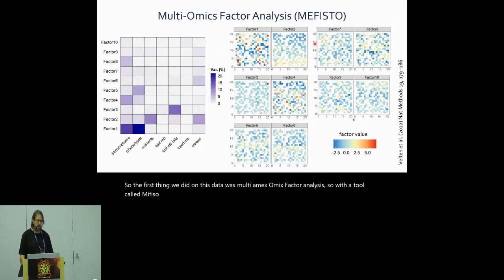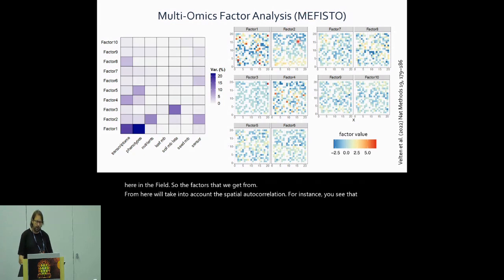One of the advantages of Mephisto is that it's able to also take into account spatial context. Obviously we're growing in a field, so there are spatial autocorrelation effects here. The factors that we get from here will take into account this spatial autocorrelation. For instance, you see that factor 2 here is a factor which is oriented top to bottom in